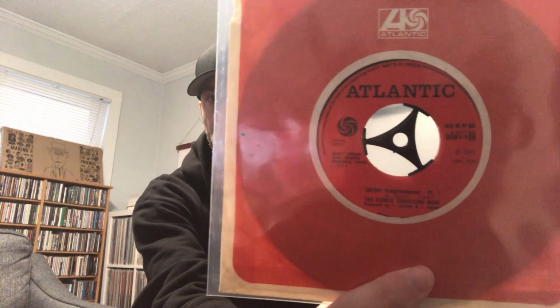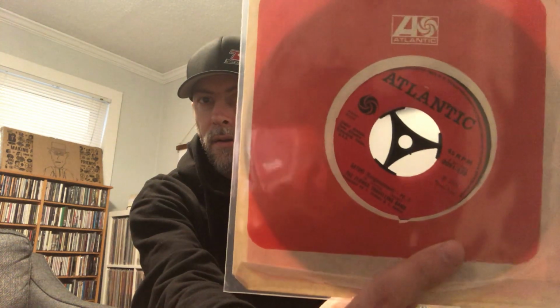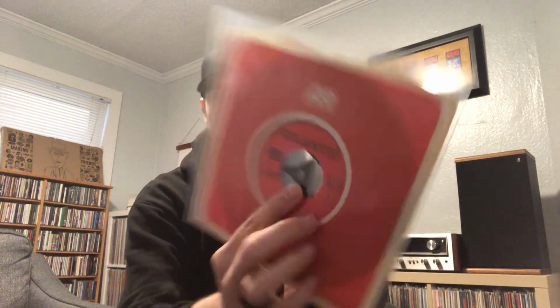The Flower Traveling Band Satori single, original, UK on Atlantic. Still with the thing in the middle there. Dope Japanese psych. But my favorite find, one of my favorite finds ever, is this single I got from Lagos,